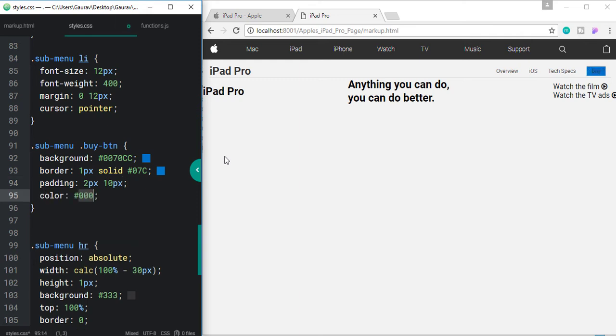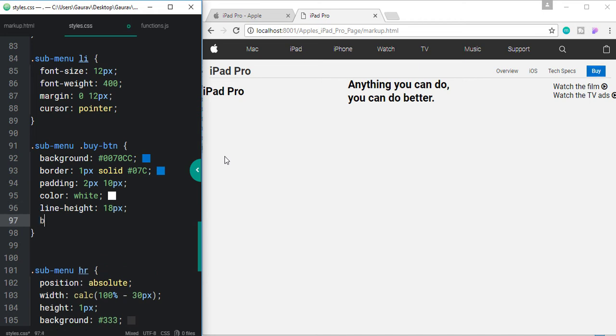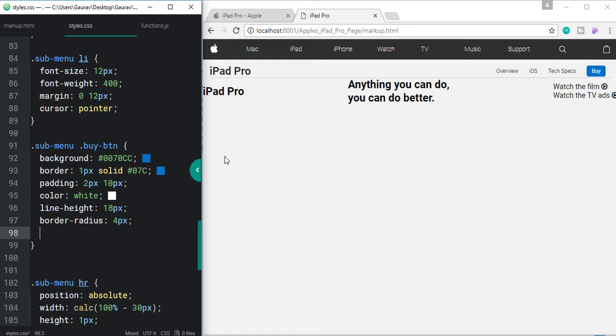Let's set the color to white, and let's set the line height to 18 pixel, border radius to 4 pixel, and what else we need to change is let's change the font weight to 500. Okay, 500 looks good.